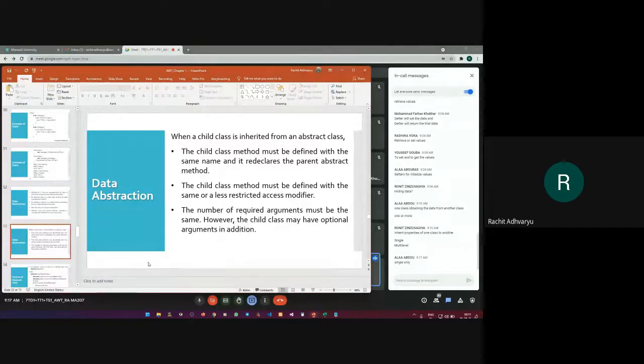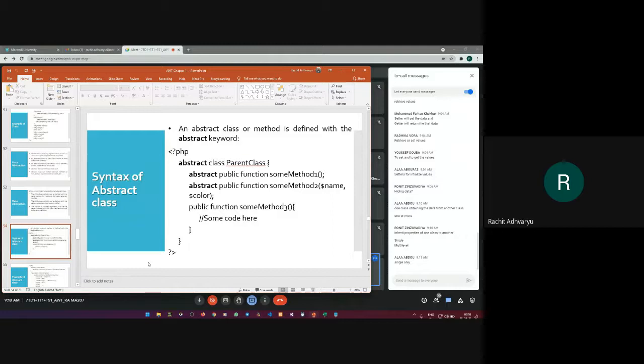Abstract classes cannot have their objects, they cannot be instantiated, they cannot be invoked. And whenever we declare any class with the abstract keyword, that is an abstract class, then there should be at least one abstract method in that class. Otherwise, that class cannot act as an abstract class. This is the rule that you need to remember. Any class declared with an abstract keyword can be considered an abstract class, but it should have a minimum of one abstract method, a method with the abstract keyword. This is an example of it.